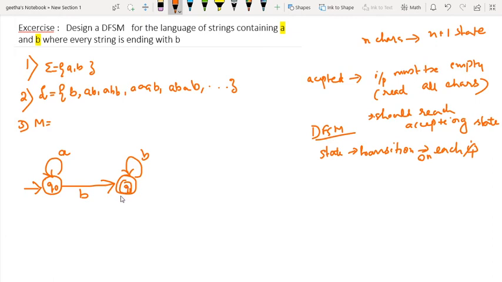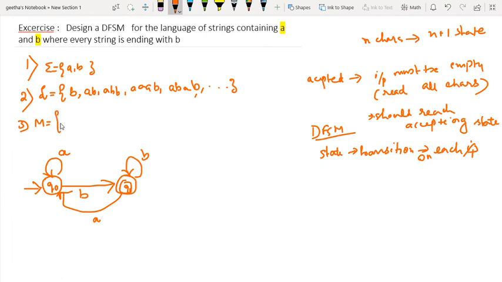What if you have an A? That means if you have something like A, B, A, B. So I have got A, then B, I come here, then I get A. That means there may be a possibility that there may be a B later. If there is no B, however, you have to stop in Q0 itself. That means it is rejected. If you have B after getting A, finally you will reach a final state. So this is about the DFSM.